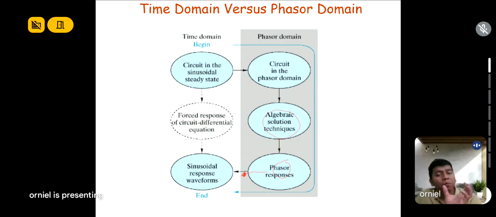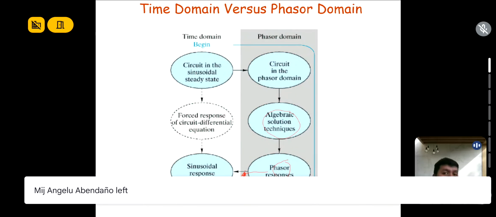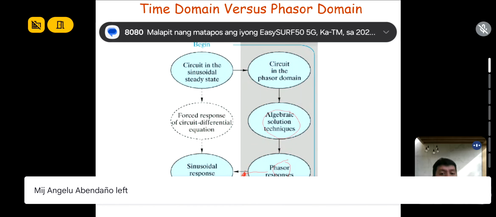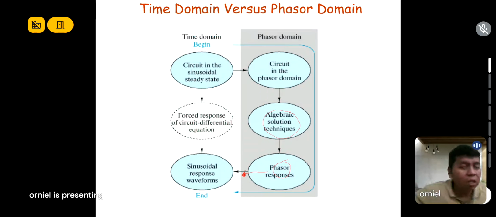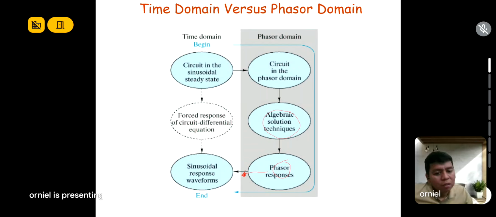So, katong phasor na, or polar form nga itong answer, ato na siya i-convert into a time domain, no? Para naa natin sa sinusoidal response na waveform. Muna to itong final answer, itong time domain na itong waveform. This one, if we're going to apply this one on a circuit, ha? Okay, sa usa ka circuit. So, normally, sa usa ka circuit, naka-time domain na siya. Or naka-phasor domain, well, may problema. Okay, so, dito na ka problema sa last tayo, no? Dapat ang answer, naka-time domain siya with respect to its response.